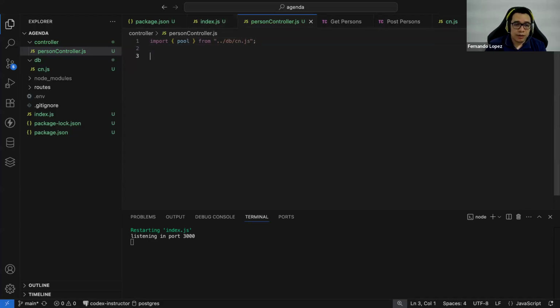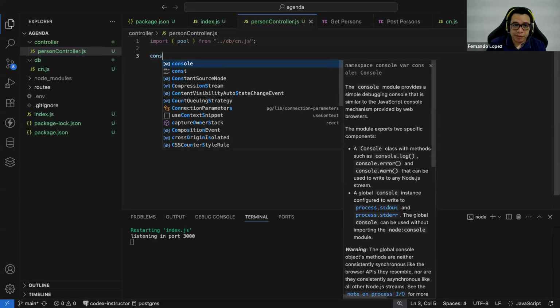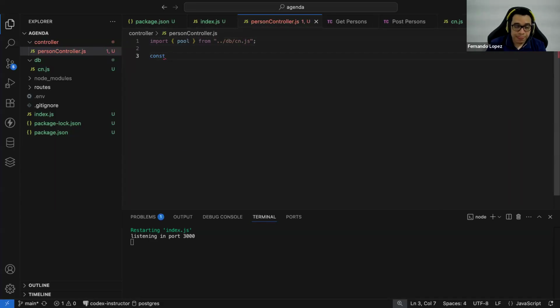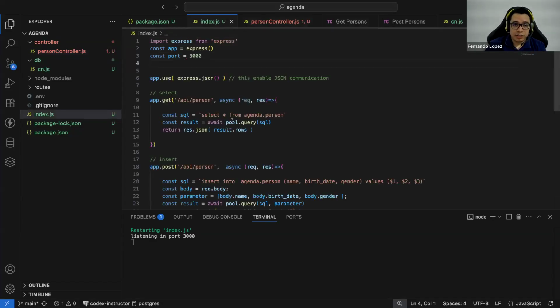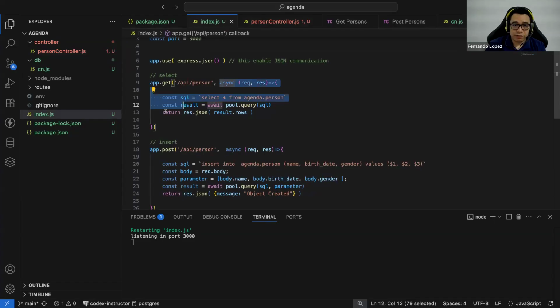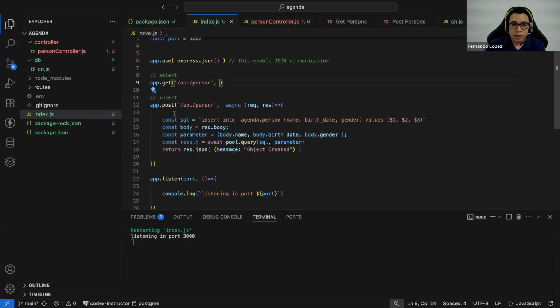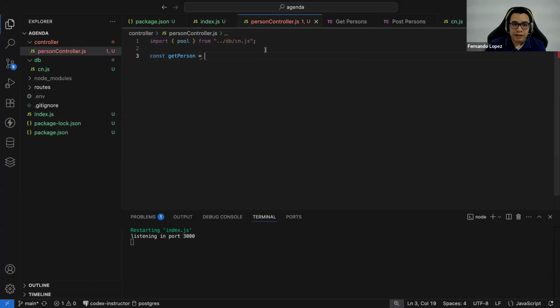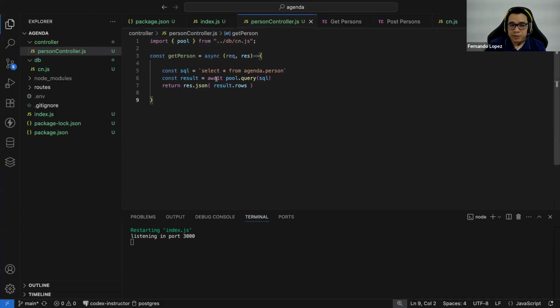Now, we're going to create a variable that is going to be called get person. This will contain the callback that I have here, the content of the entire callback. So we can cut this code that I have here because this is an arrow function, okay?